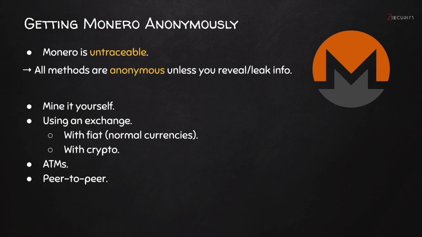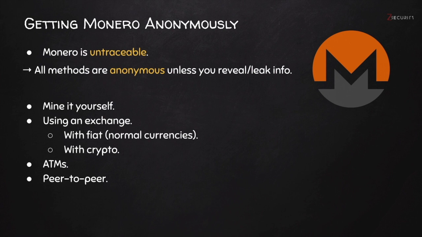In this lecture, I want to talk about crypto exchanges. These are services that allow us to exchange one cryptocurrency to another. These can be very useful because you might want to get a certain crypto, for example Monero, but you can't find any peer-to-peer sellers in your area, or there are no ATMs which you can use to get that cryptocurrency. Therefore, you can get a more popular cryptocurrency such as Bitcoin and then exchange it to Monero.